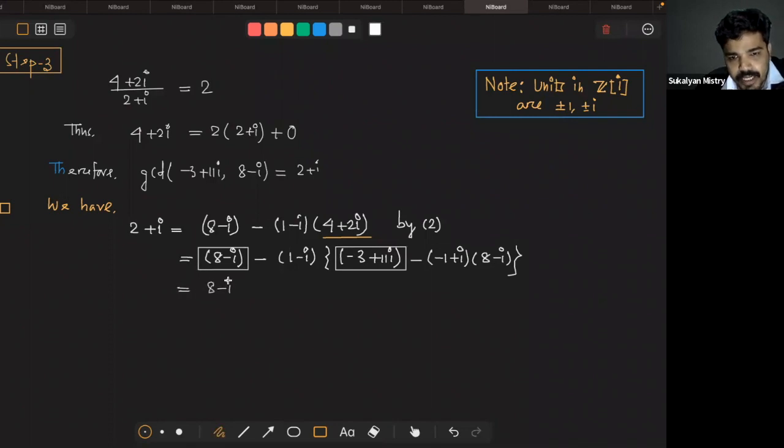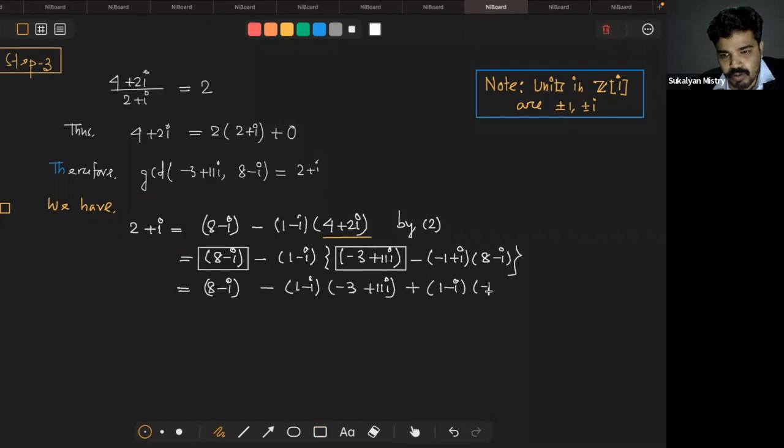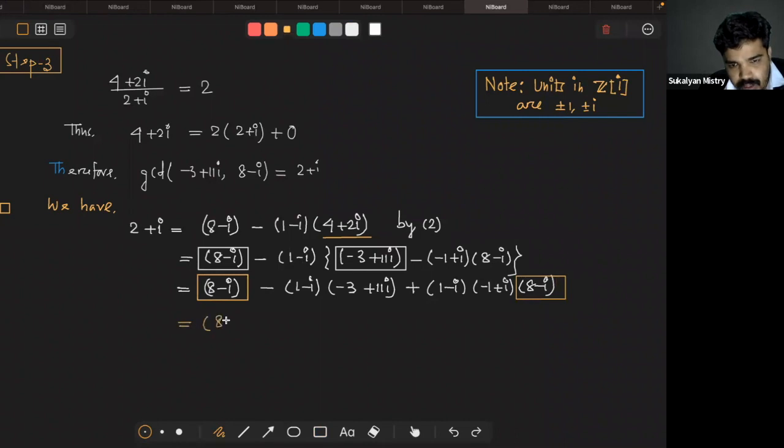সো দ্যাট ইকুয়াল টু, তাহলে দেখো আমরা কি পাচ্ছি, 8 minus i, জাস্ট মাল্টিপ্লাই যদি করো, 1 minus i into -3 plus 11i minus a plus 1 minus i into -1 into -1 plus i into 8 minus, আমি কি করলাম, -1 দিয়ে এটাকে মাল্টিপ্লাই করলাম, -1 plus i দিয়ে এটাকে মাল্টিপ্লাই করলাম, ঠিক আছে। এবার আমি কি বলেছি, 8 minus i টা ফিক্সড রাখবো। তাহলে 8 মাইনাস আই কমন নিচ্ছি। তাহলে 8 মাইনাস আই কমন নিলে এখানে পাচ্ছি 1, এখানে 8 মাইনাস আই